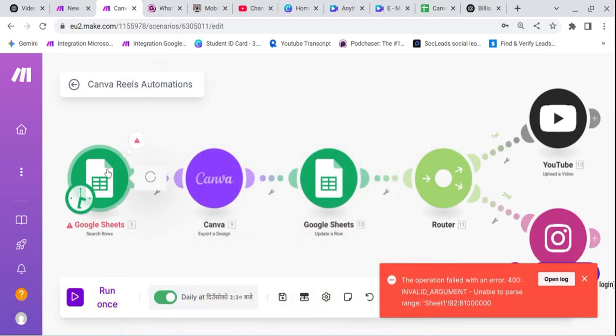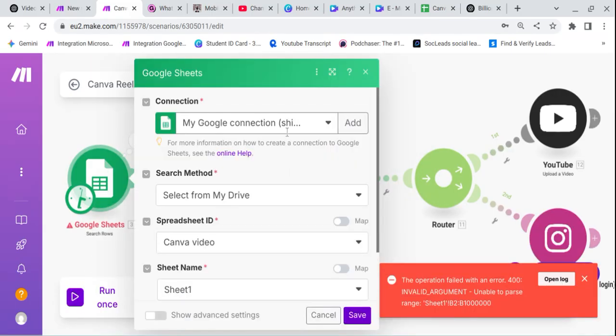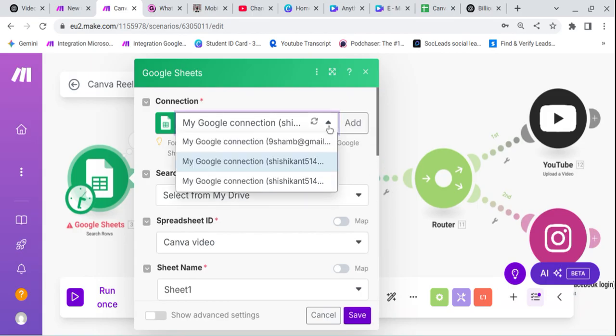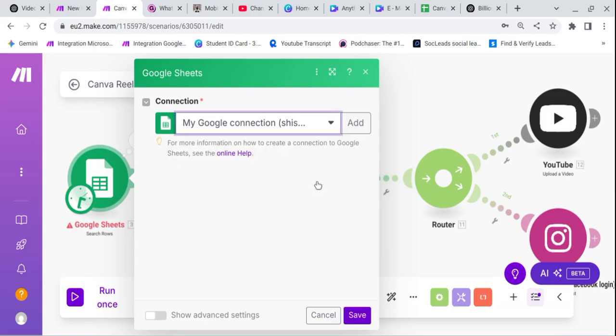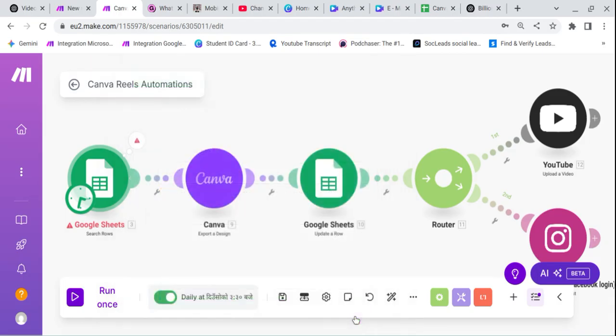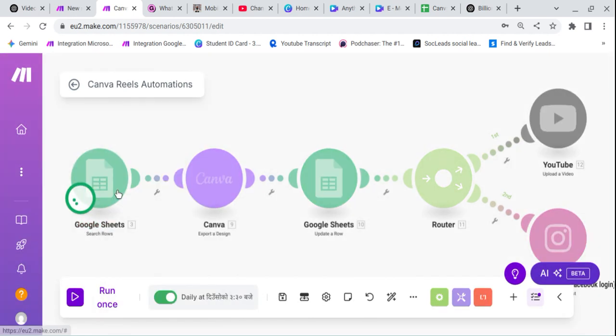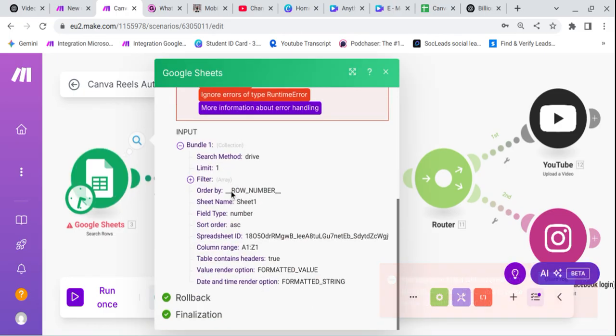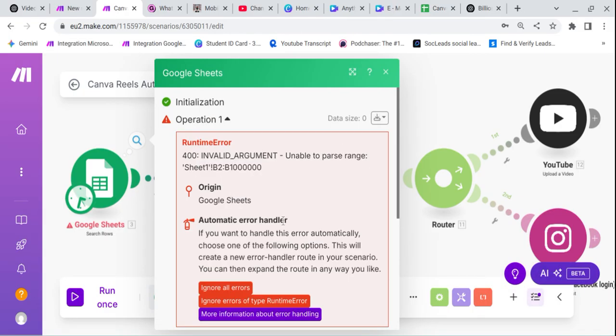Okay. Let's choose another account, this account. So I can connect this now and just save it. Okay, bye. We meet in